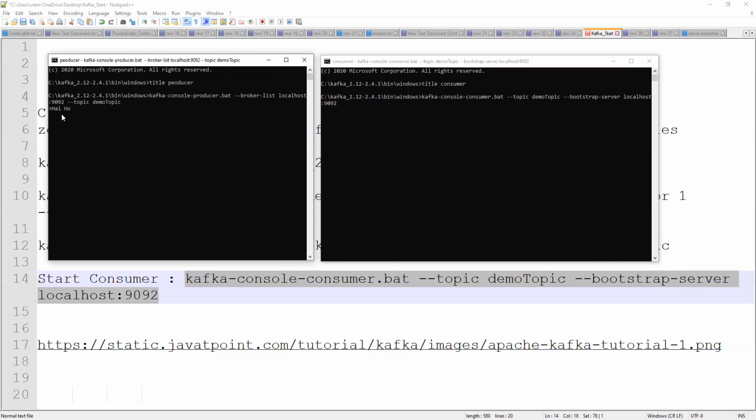Hi, how are you? I'm just clicking enter. See, the consumer is reading the data. So inside Kafka, the consumer has some listeners. Whenever a message is published by the producer, the consumer will automatically take the data. We need to catch this data, publish it somewhere, process it somewhere. So that is what the consumer will give.